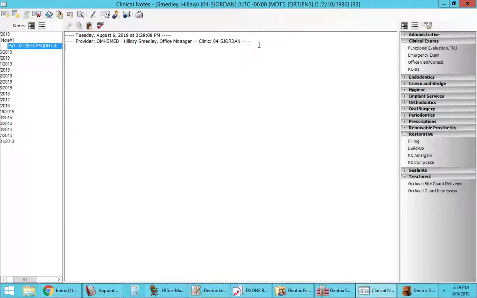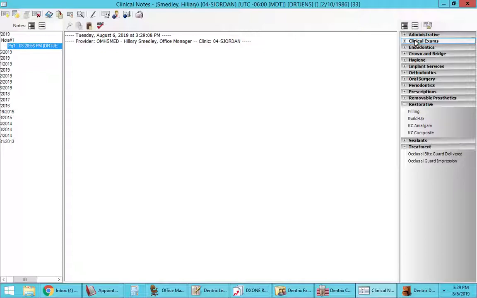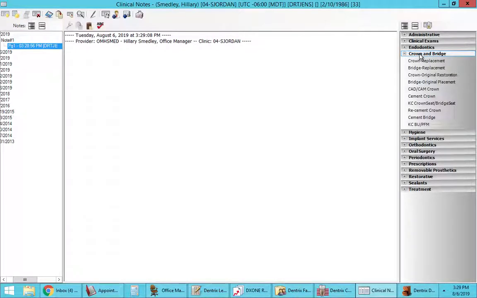Then once you're there, whatever procedures that you guys did that day, you can go through and look at the list of treatments that are there. If they just came in for an emergency, you can also just click in this field and type everything that the doctor discussed with the patient. And you always make sure that you sign your full name and you put the name of the doctor as well. But let's say today we did a crown